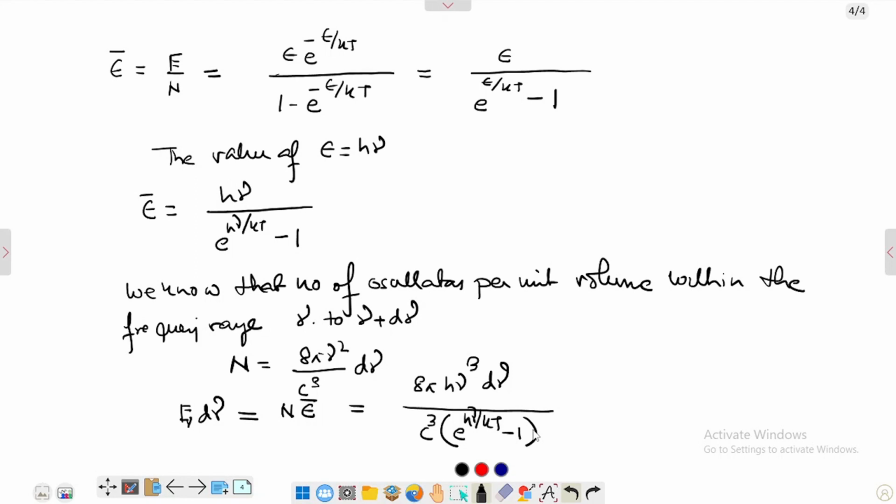Okay, so with respect to frequency nu, we can find out the equation of Planck's radiation law, and this is your equation. I will write down the equation in the next place in proper way. As a function of frequency, E nu d nu, the overall equation becomes 8 pi h nu cube d nu divided by c cube, e to the power h nu by kt minus 1. That's your